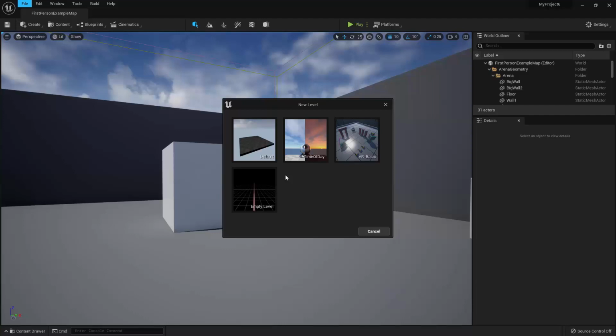The Time of Day level goes a little further than that and includes a more complex atmosphere that will give the appearance of different times of day, based on the rotation of the sun. The VR Basic level is used if you are creating a virtual reality game. And then finally, the Empty Level option will start you off with a completely empty level, and that's the option